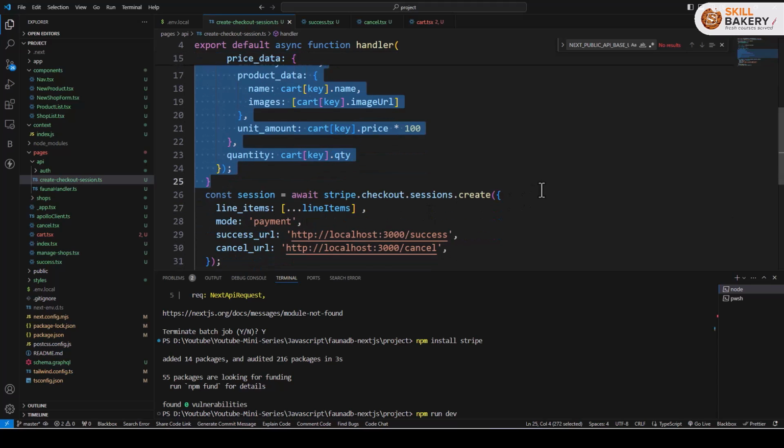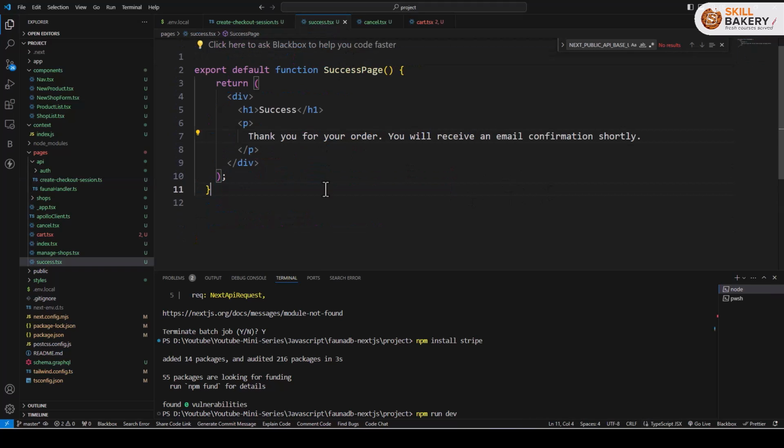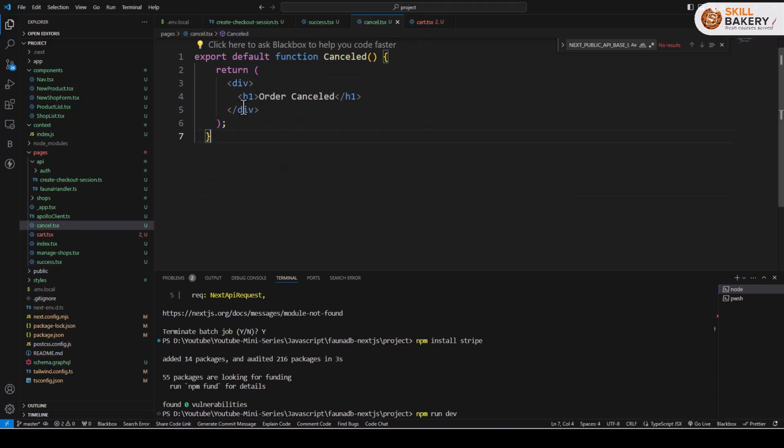Now once the line item is done, we are creating a session by making use of stripe.checkout.sessions.create, and here we are passing the line items, the mode, and then two URLs, success and cancel. So if everything goes well, we'll be redirected to the success page. If I cancel the order, we'll be coming to this cancel URL. And for that purpose, you can see we have created two pages under the pages directory. One is success.tsx, with the message which comes when the payment is successful, and cancel for when the order is